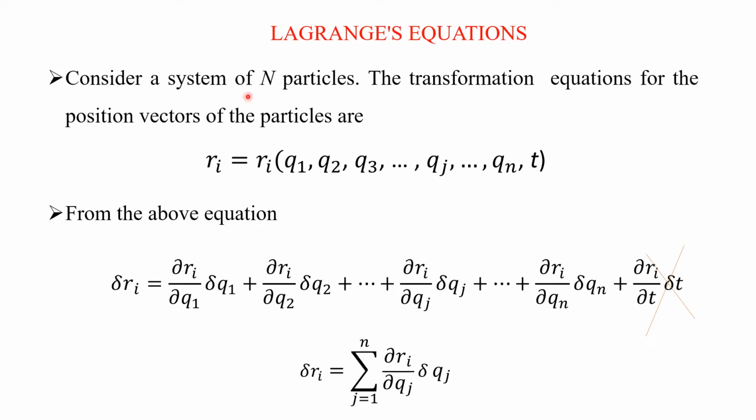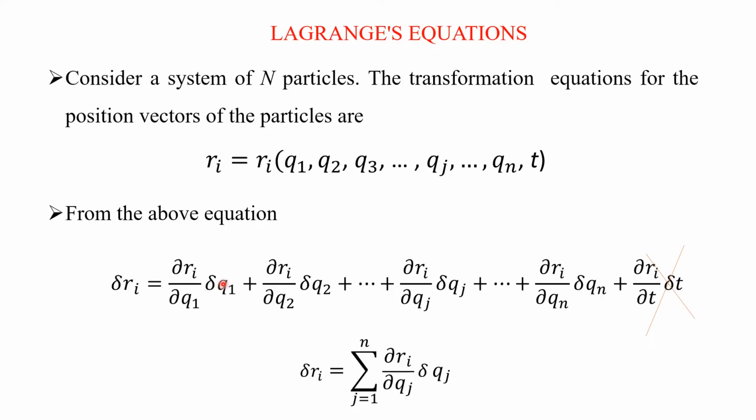Consider a system of n particles. The transformation equation for the position vector of the ith particle: here I indicate the ith particle, ri is equal to ri, which is a function of q1, q2, q3, going up to qj, and up to qn. Of course, there is also time. Here the q's are the generalized coordinates of the system. From the above equation, we can write